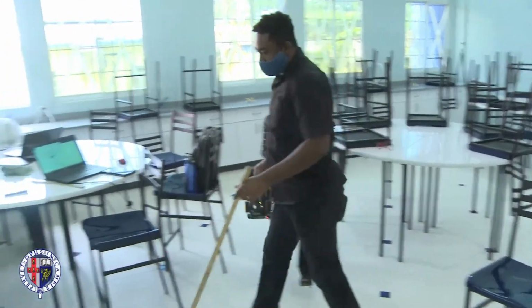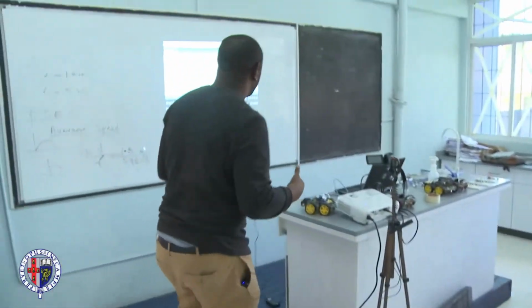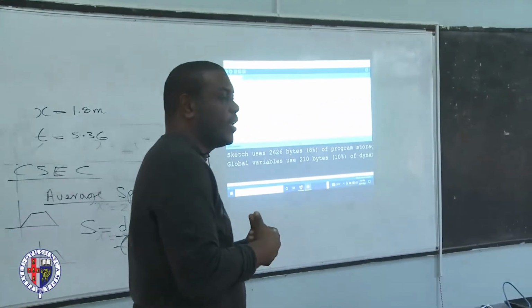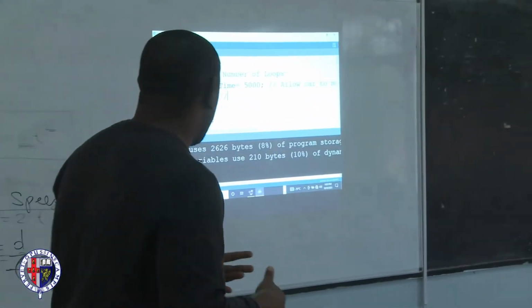All right, so for this one now, moving at constant speed, we'll just allow them to measure the full distance, record the time, and calculate the speed. But after they calculate the speed though,